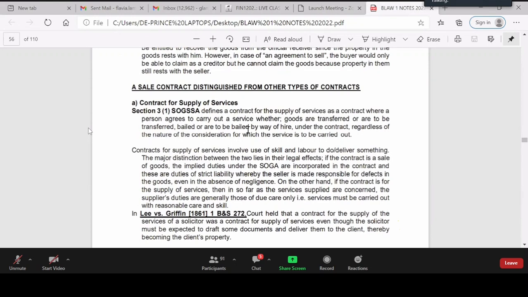Madam, I personally have got a question here. According to the similarities, we've stated that in both the subject matter are goods, but then back to the differences, you are like under the